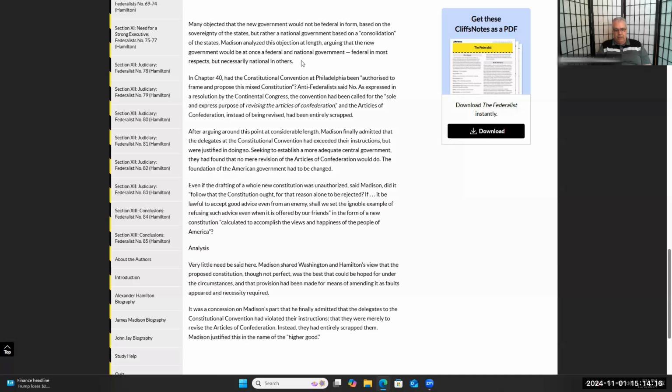In the final analysis, very little need to be said here. Madison shared Washington and Hamilton's view that the proposed constitution, though not perfect, was the best that could be hoped for under the circumstances, and that provision had been made for means of amending it as faults appeared and necessity required, and also as the country grew and as time passed, requirements and needs change, so the amendments come forth, or new laws can be written up by the Senate, and those laws, after being in place for a while,